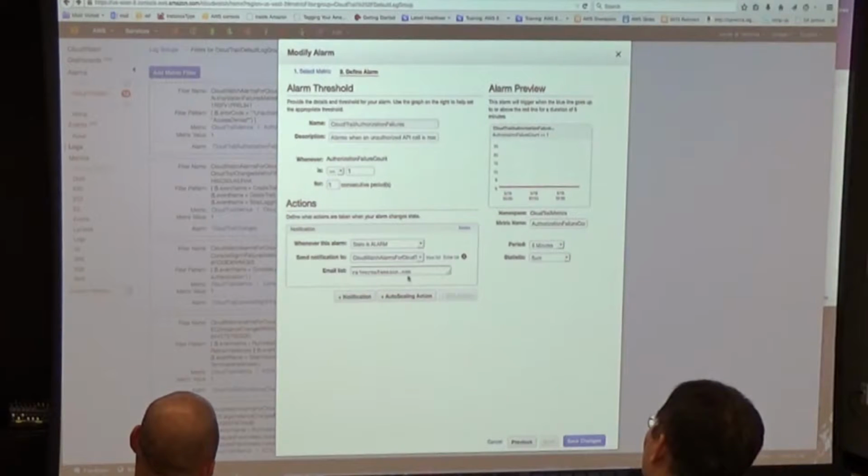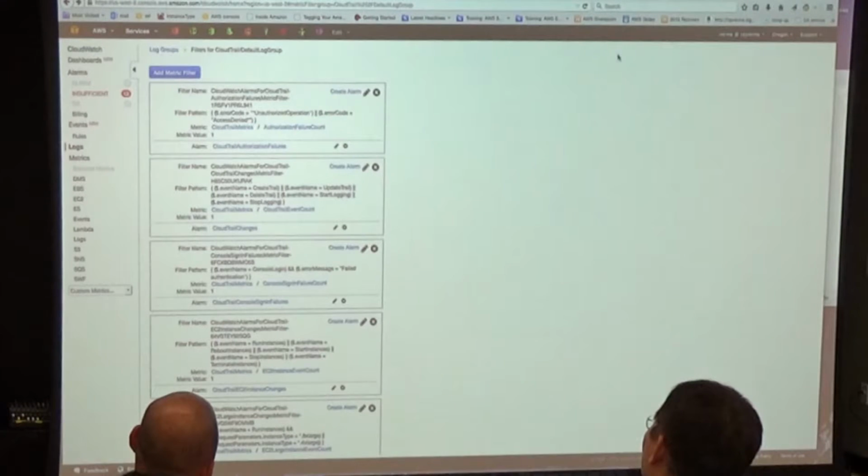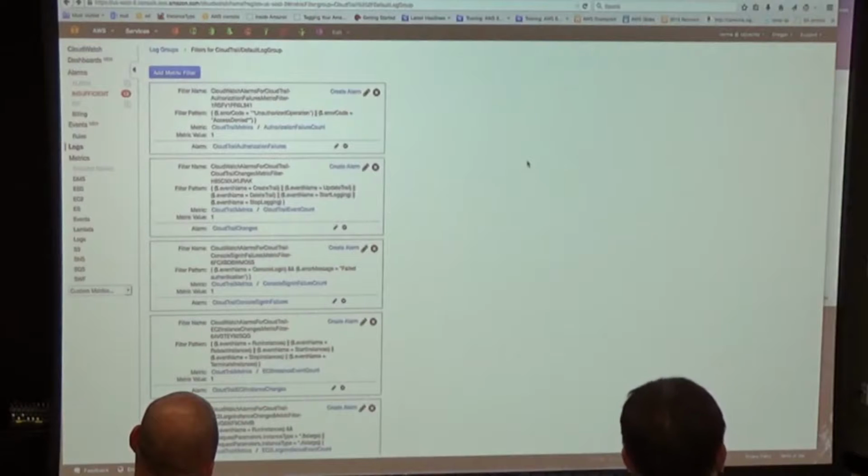What will it do? It'll send a notification to this notification topic, which is basically sending an email to my email account, right? And I'll get that email. You probably get between 5 to 10 minutes, you'll get that notified, right? And then we have,